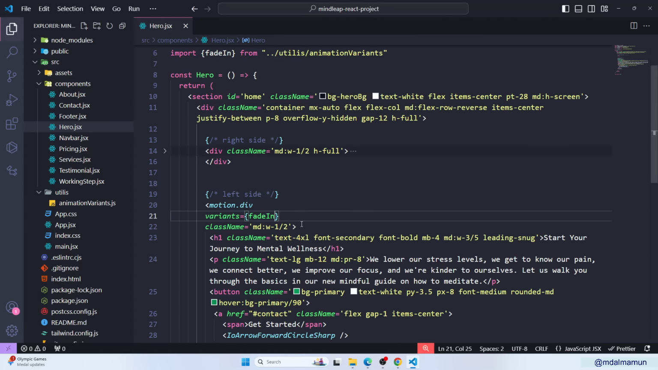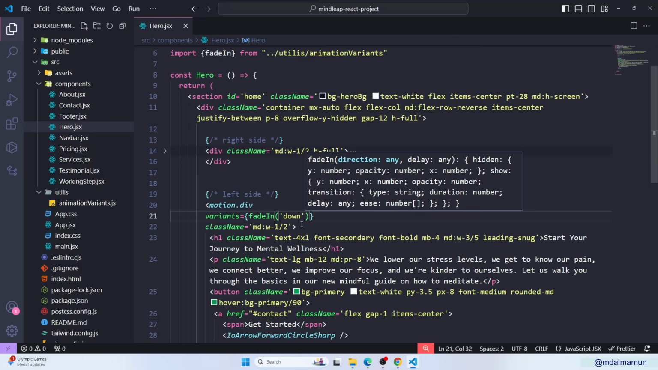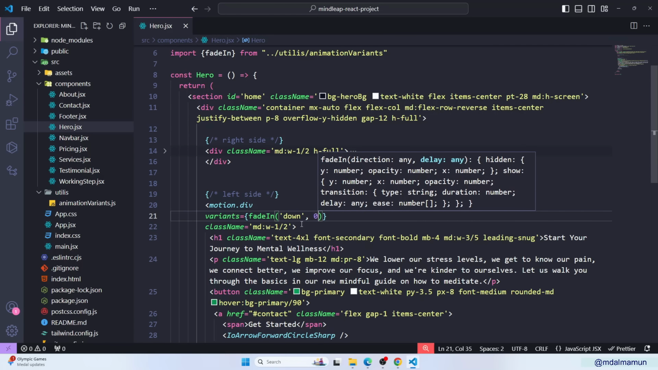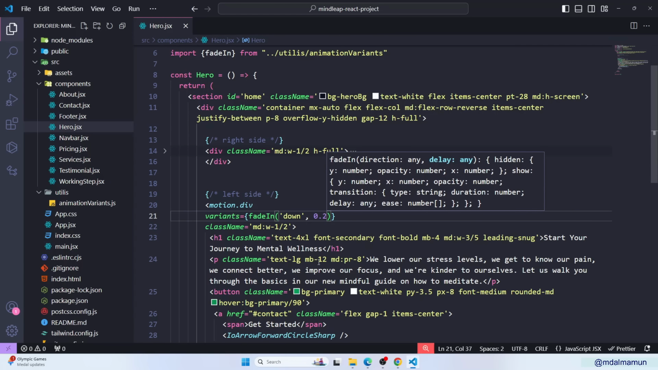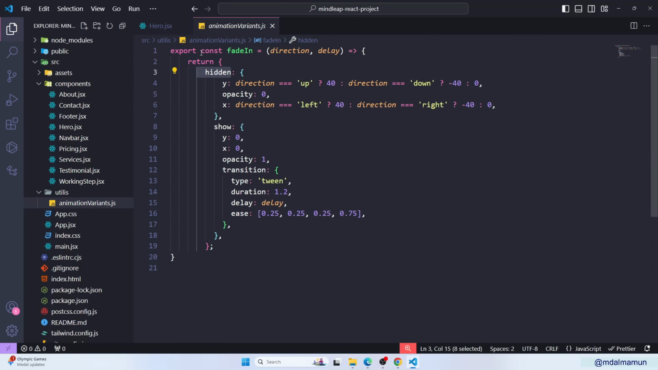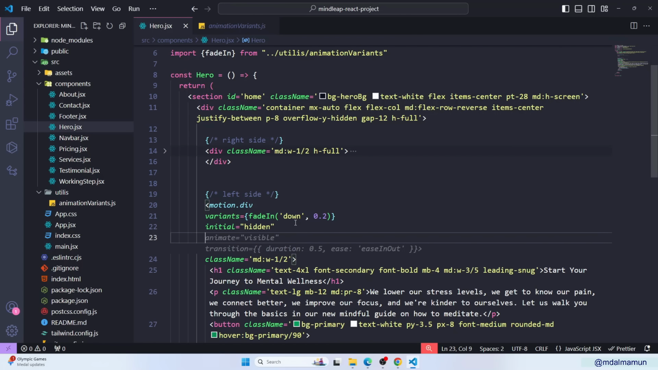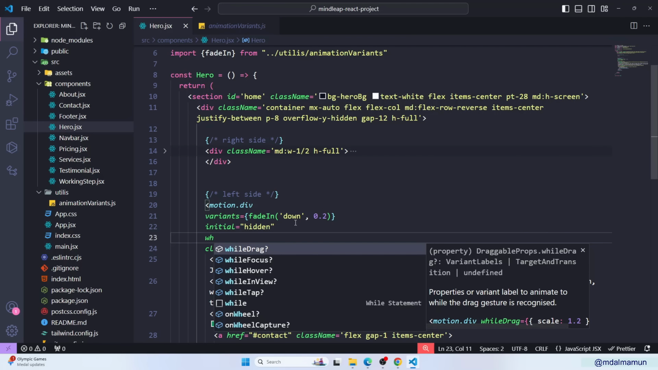Then inside here actually we'll have to pass two things. First one is actually direction, so that is down, and then we'll have the duration, that is actually 0.2. Okay, and after this we'll have initial position will be by default this animation. So if I open, when the initial, it will be hidden by default. So you can simply copy this text and keep by default initial event, and then we'll have while in view,